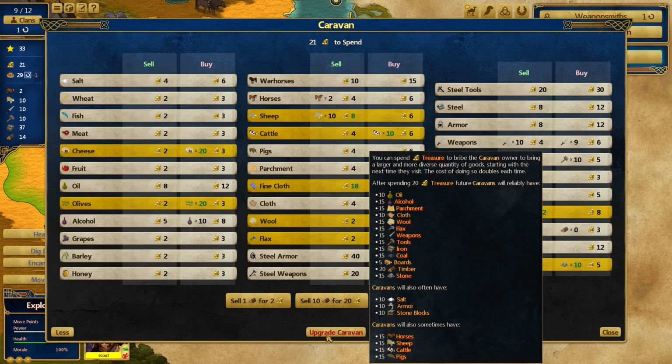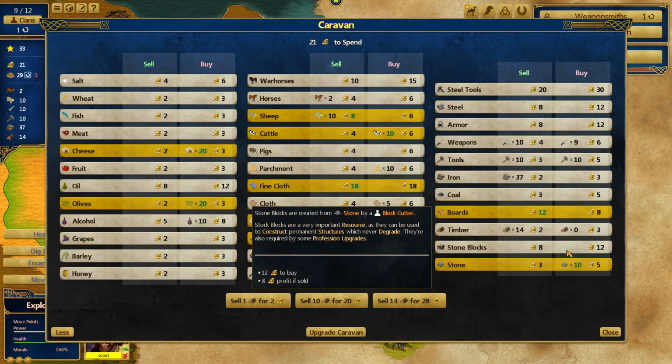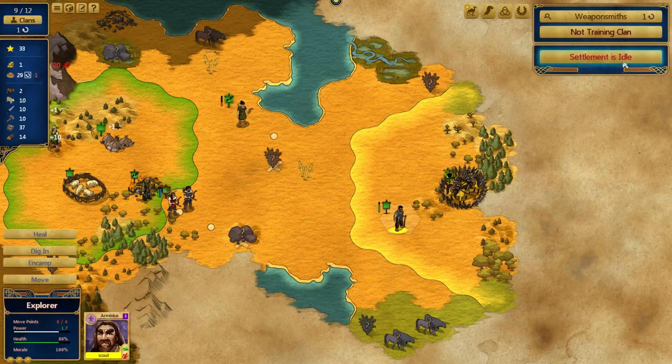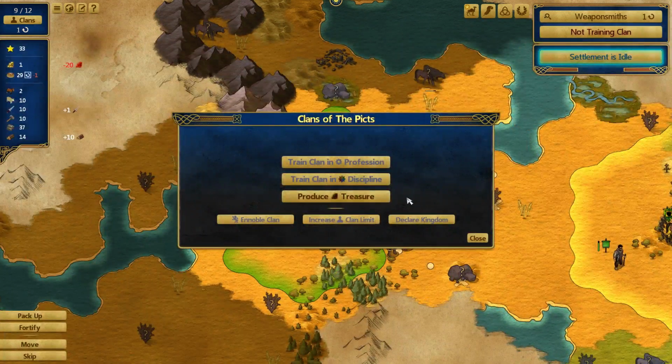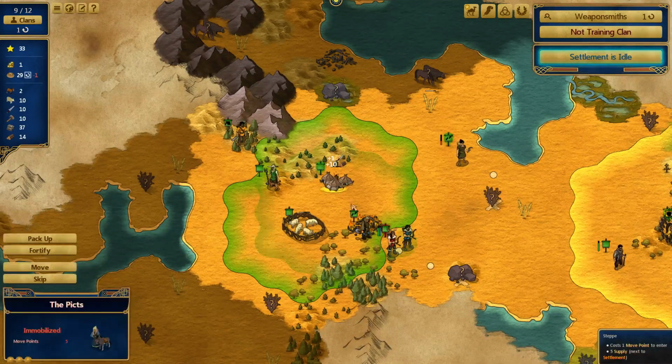We could upgrade the caravan. That'll cost us 20 treasure this time around, and it'll reliably have 20 timber and all these other things when it arrives next. And so that could be useful in the 10 timber we bought this time around. Yeah, I think that's all we need for now. I'm fine with spending all our gold to upgrade the caravan again. Do we want treasure, or do I want...